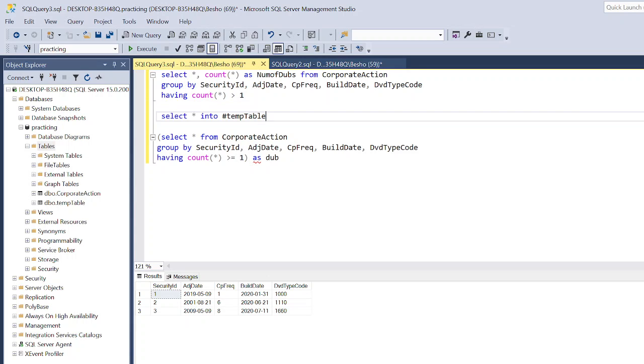Okay, and from here, say from. So what we just did here, we wanted to select everything that comes from this query and insert it into the temporary table. This statement right here would create the temporary table and insert the values into it. So this doesn't need to be created in a separate query. Okay, so let's go ahead and execute this,